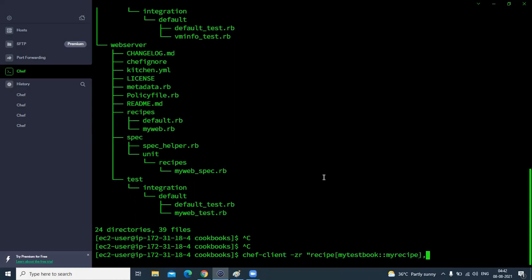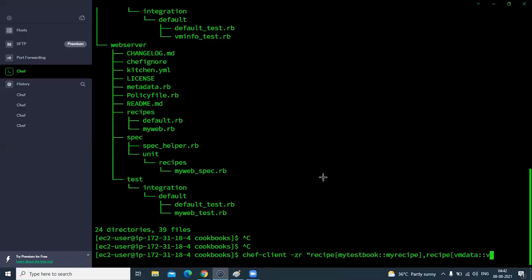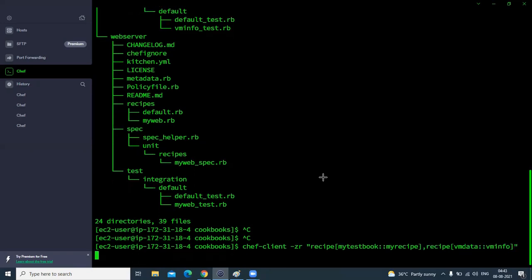And you can add another recipe here. Another cookbook name is VM data, double colon, and the recipe name is vminfo. Let's close this and run this command. Hit enter.